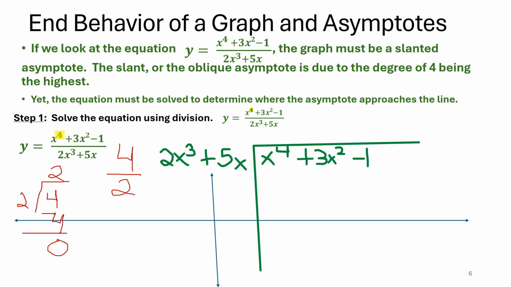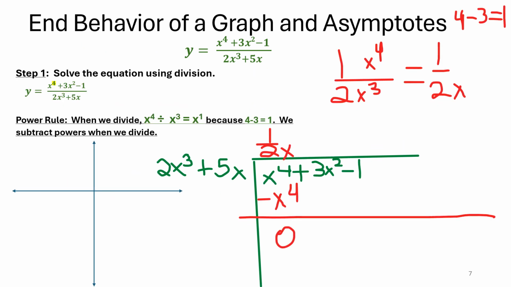So 2 times 2 is 4, you subtract, and you have a remainder of 0. Same thing you're going to do here, only you have a variable with a degree, and then you have a variable with, really, a degree of 1. Okay,